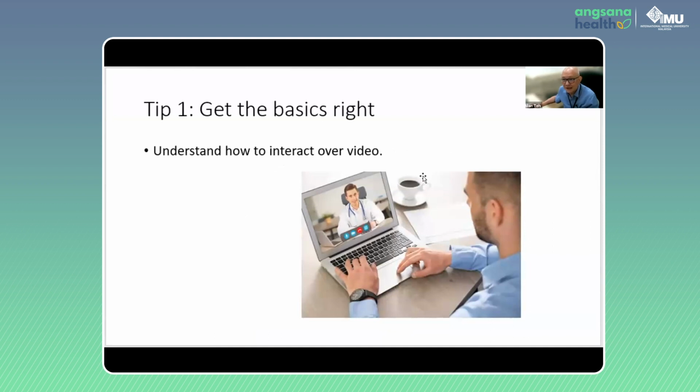So get the basics right. I think Prof. Werner has covered all the basics, but the key question you have to ask yourself, I think, is what platform are you going to use for telemedicine? Because it's something you have to be comfortable with as well as for patient. And I think you need to decide, you may not have to be like me because I use about 4